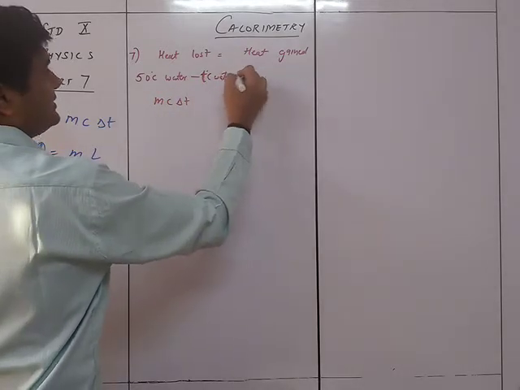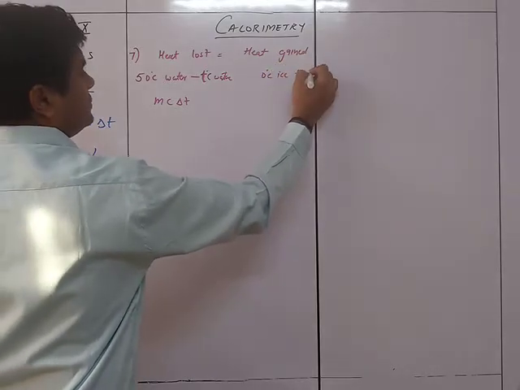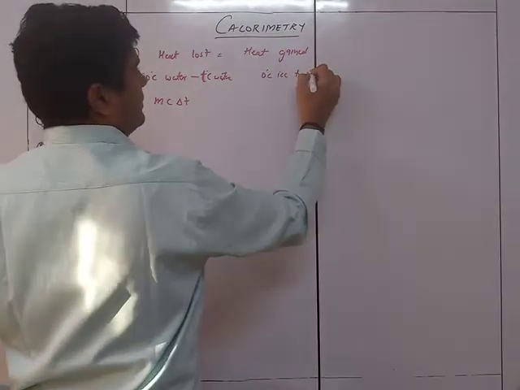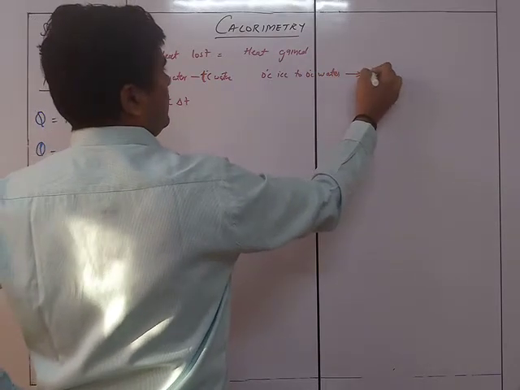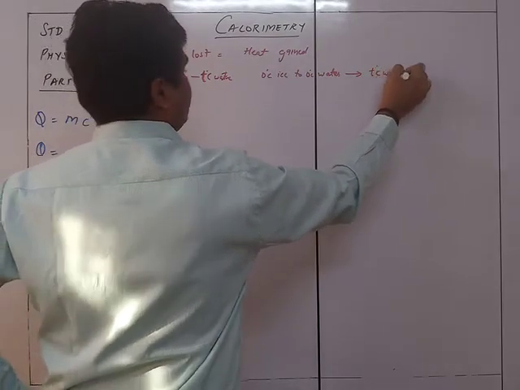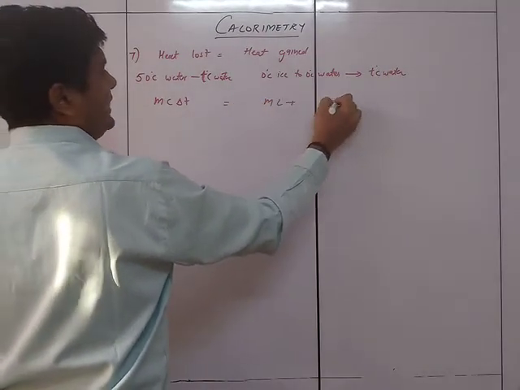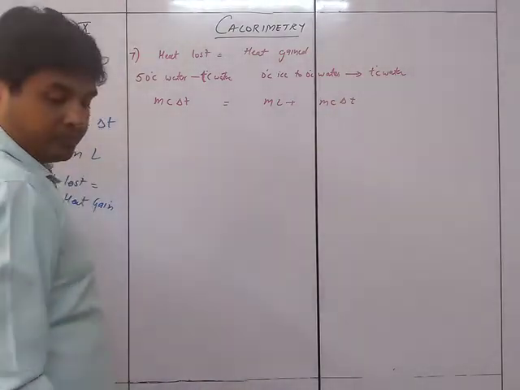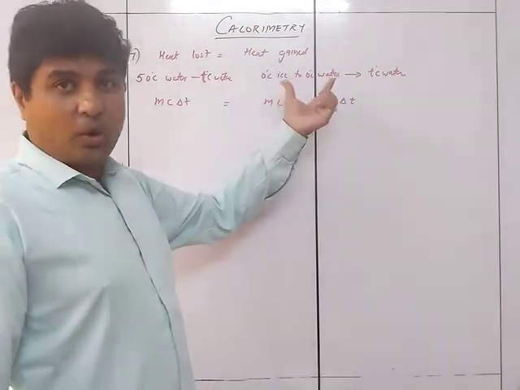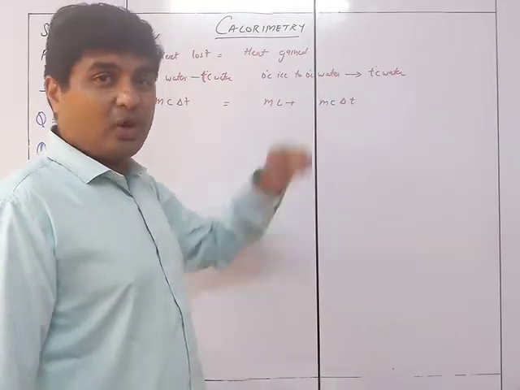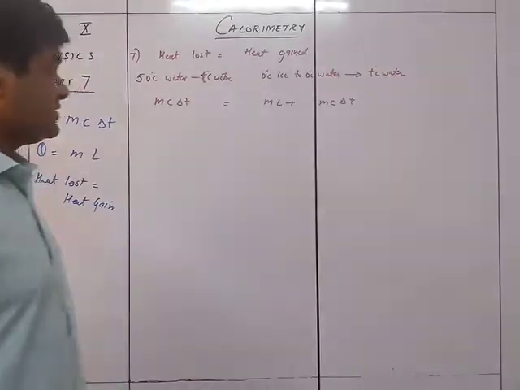And on the other side we have got 0 degree Celsius ice to 0 degree Celsius water, and from there we are converting it into T degree Celsius water. So that's why it will be equal to ml plus mc delta T. Okay, because the heat is going to be gained by not only the water, but also the water which has now become at 0 degrees Celsius will now increase the temperature to T degrees Celsius.